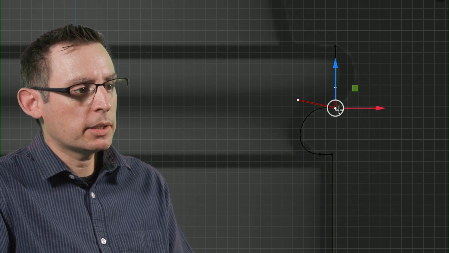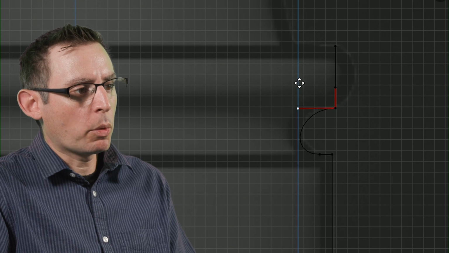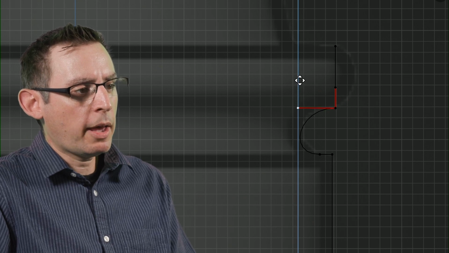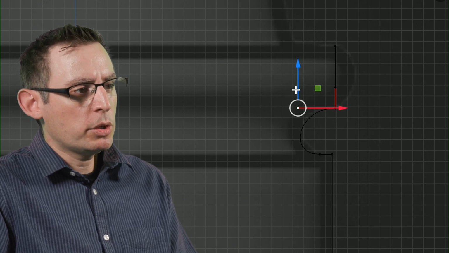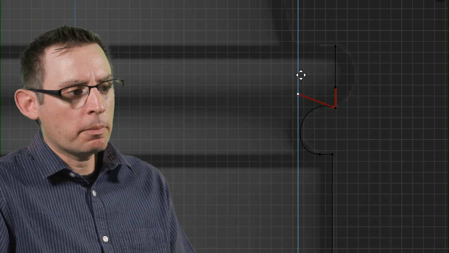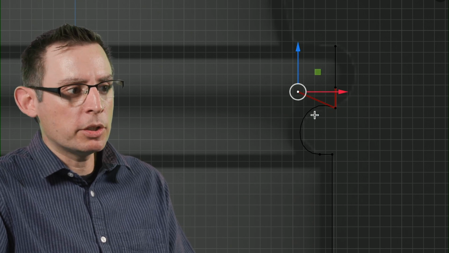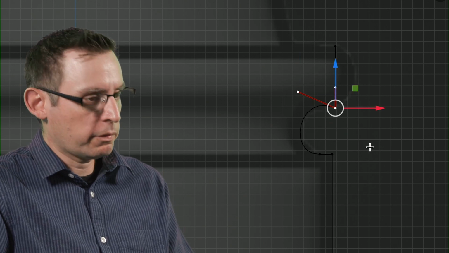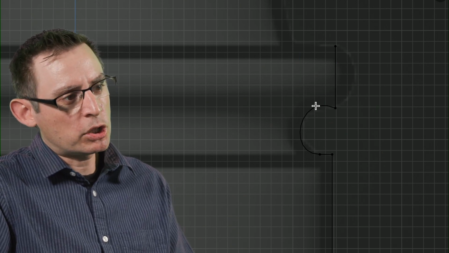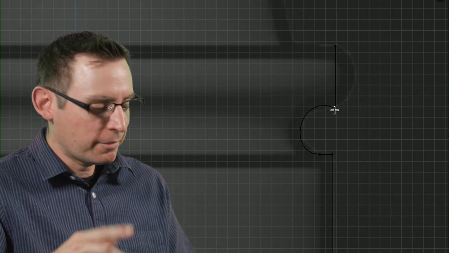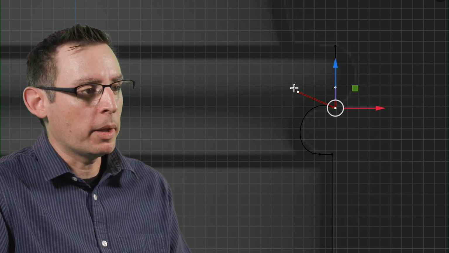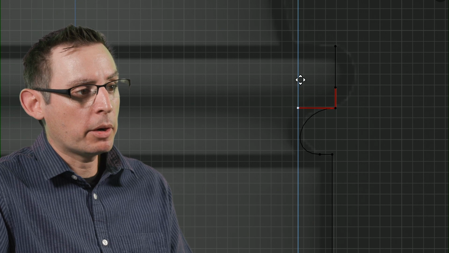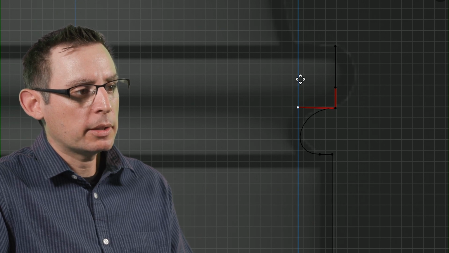Yeah, something like this. One of the things that I've learned about working with curves is that on a curve like this, we don't want to have the handle be above the dot that it's going into, because then it's going to make kind of a weird undercut on the curve. Let's see if I can get, yeah. See how the curve slopes down into the point? That's not exactly what I want in this moment. So I want to keep the handle kind of parallel, perpendicular, something like that.